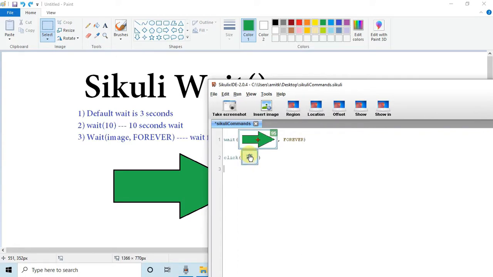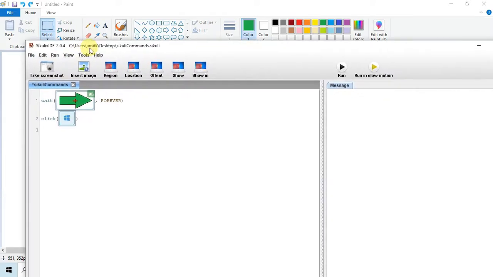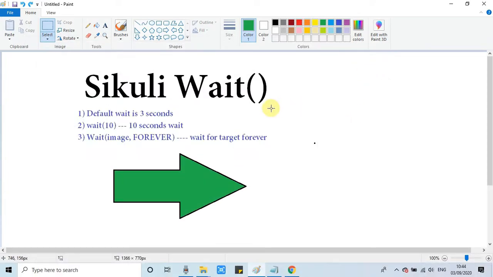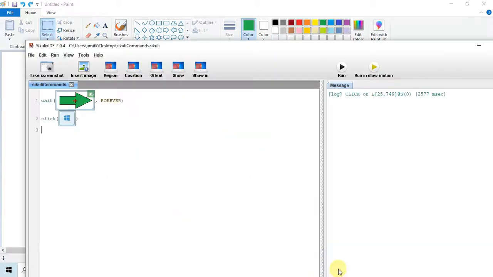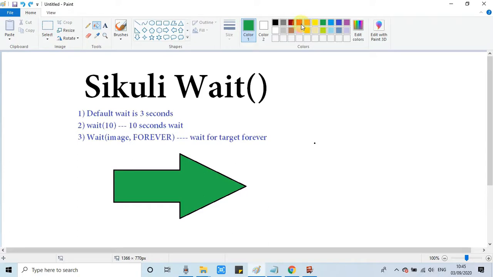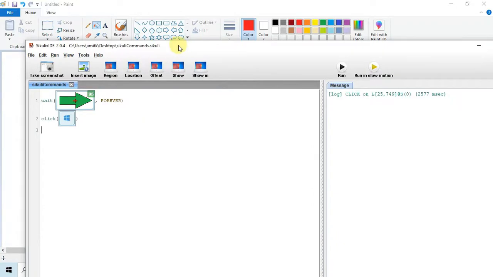Okay, now we will change the background condition. I will change the background color. First I will run with this green color. Sikuli will detect the green, and then it goes to the start menu item. Okay, so this script is written perfectly. Now we will create our actual scenario in which we will test it. I will change this arrow color to red. Now again I will run the Sikuli command.